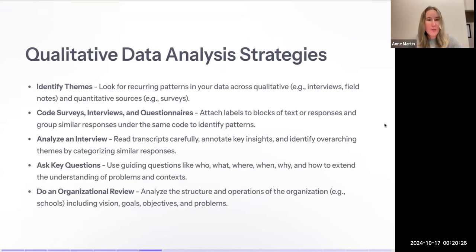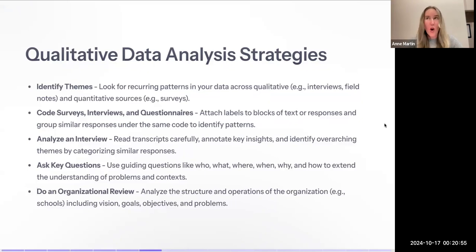When we talk about themes, we're looking for reoccurring patterns that are coming up in your data sources, and in your quantitative sources as well. Coding the blocks of text that you can use to, again, analyze patterns and themes. When you're analyzing the interview, you could highlight key insights and then group those together to identify your themes and